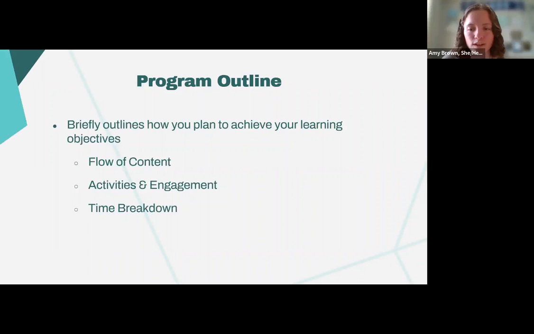So once you've come up with your general ideas for your program, you've entered in the learning outcomes, the final content piece is to fill out the program outline. A lot of us have had to do this in either grad school or college when we're writing papers and other things. It's really that simple. It is just an outline of what your presentation is going to be. So it doesn't need to be this in-depth, fully planned out program. You're not attaching a PowerPoint or anything like that.